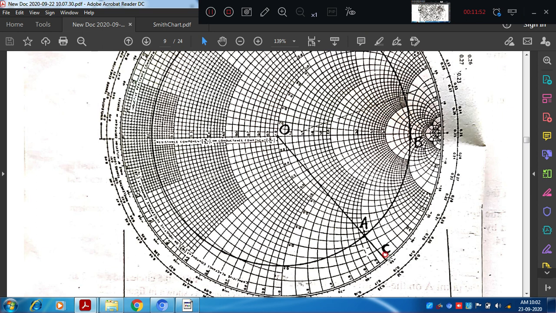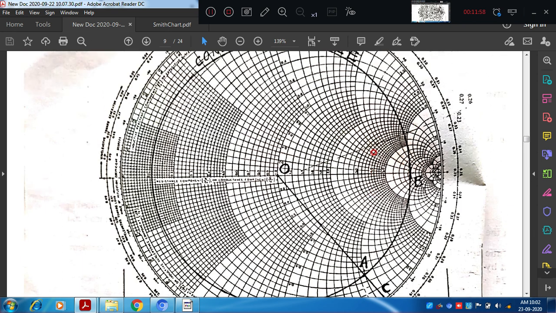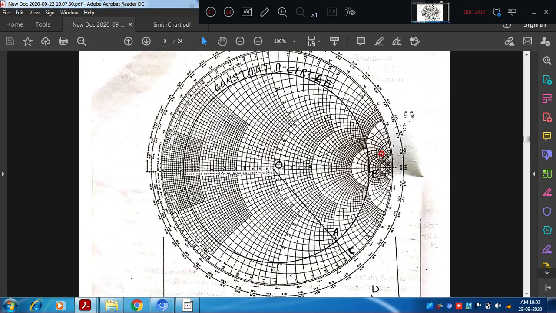So there we will get some angle that will be useful to find the reflection coefficient angle, right? Now once this circle is drawn, with OA as the center, on the right hand side you will get the Vmax value, and on the left hand side you will get the V minimum value. This circle is called the constant rho circle, that is the VSWR circle, right?